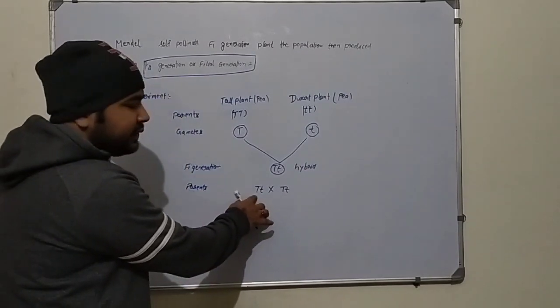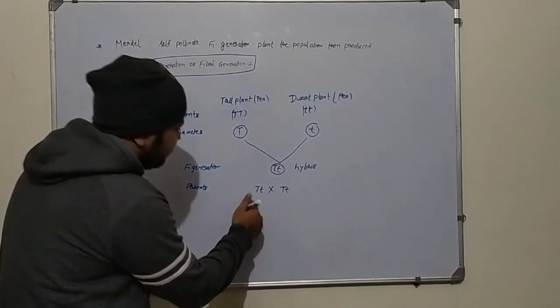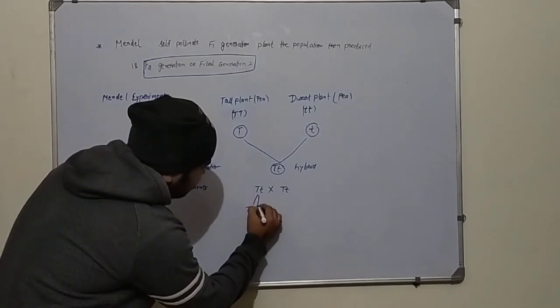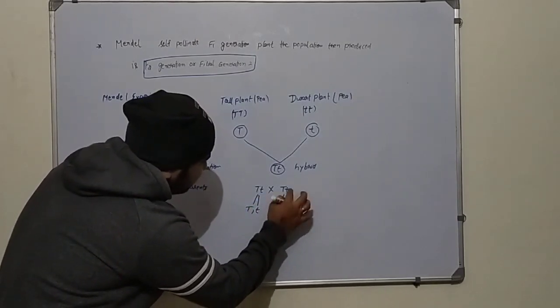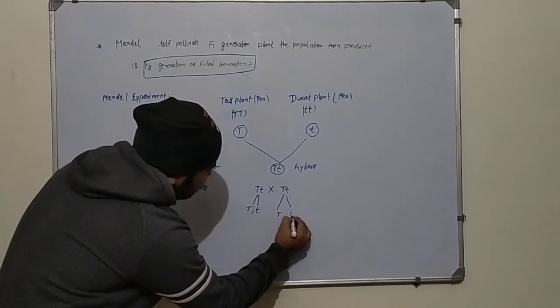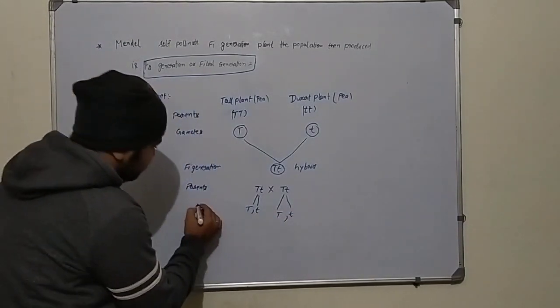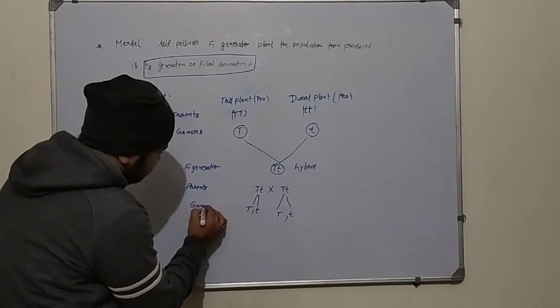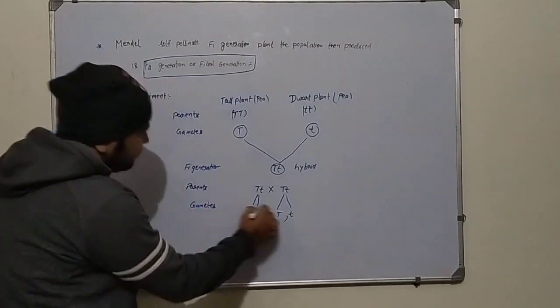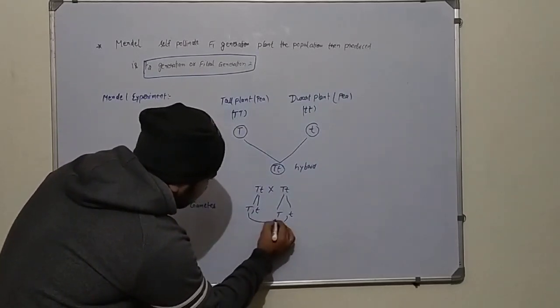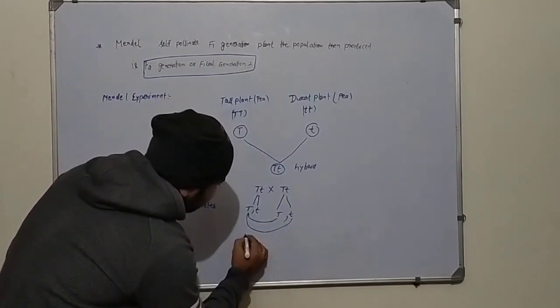They produce two gametes. It also produces two gametes. When these gametes are fused, they produce